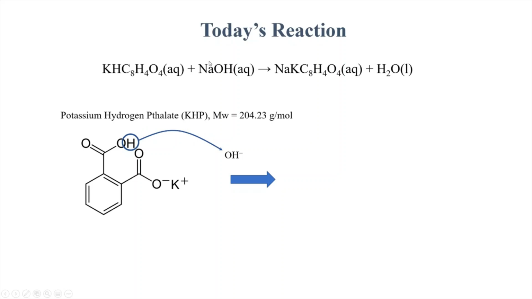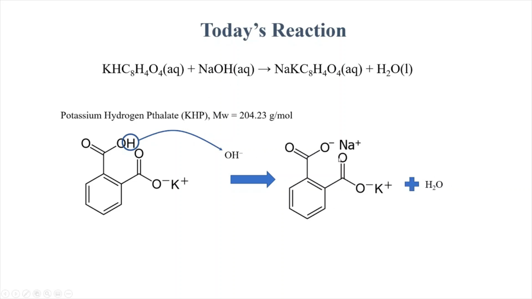So now how does this work? Well, when we react this potassium hydrogen phthalate, now you'll notice that the potassium hydrogen phthalate, this is actually a salt. So this entire structure here has a negative charge, and the potassium that's there is a counter ion to balance out the charge. And then the hydrogen, this H that's indicated over here to the left, is the acidic proton that's attached over here on this OH group. So this is the acidic proton that's going to come off. And the acidic proton is going to react with the OH minus from the strong base NaOH